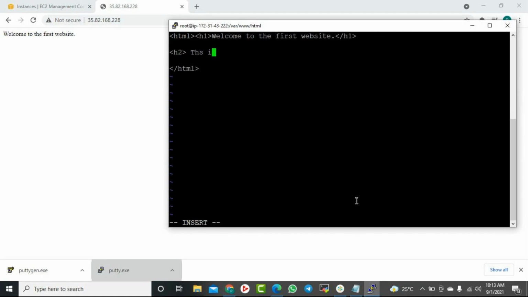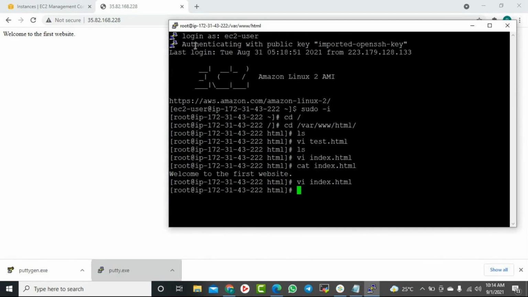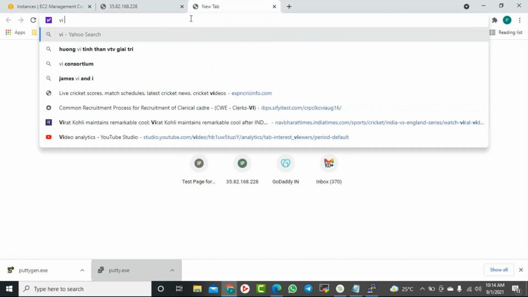So to edit also, sir, we use insert. Say again. To edit also we use insert. Yes, yes. To edit also you just need to do insert, I. This is insert first. If you want to see all the options, you can see. All things will be difficult here. You need to do the practice. But if you need to see vi editor commands, there are a few vi editor shortcuts.